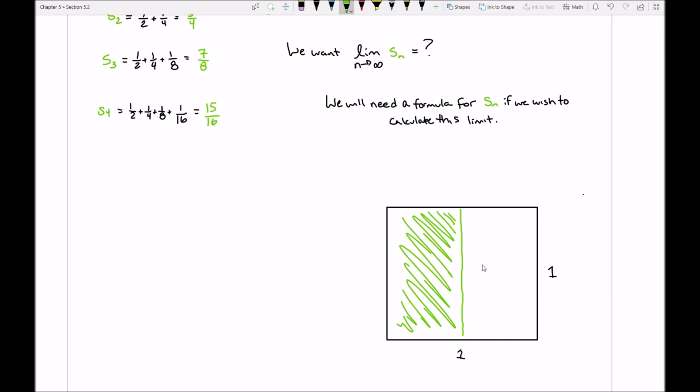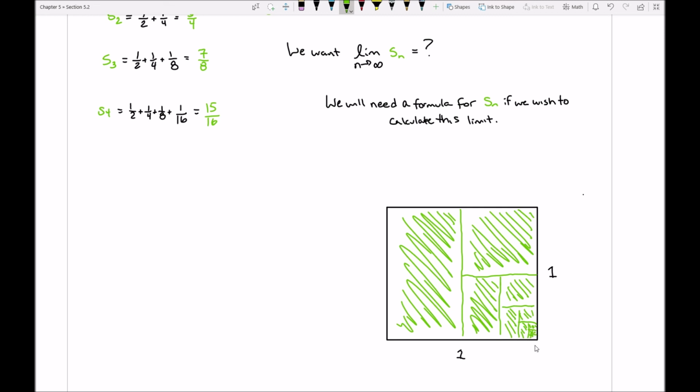Now I'm going to take the remaining half over here, chop that in half, and shade this. So notice I just took 1/2 of the square, and I added on 1/4 of the square. That's actually exactly what we were doing here. Well, now I'm going to take this 1/4 and chop that in half. That would make 1/8, and I'm going to add on that 1/8. And then I'm going to chop what's remaining in half and shade in that, and chop what's remaining in half and shade in that, and chop that in half and shade in there. And if I was to continue to do this for the rest of time,